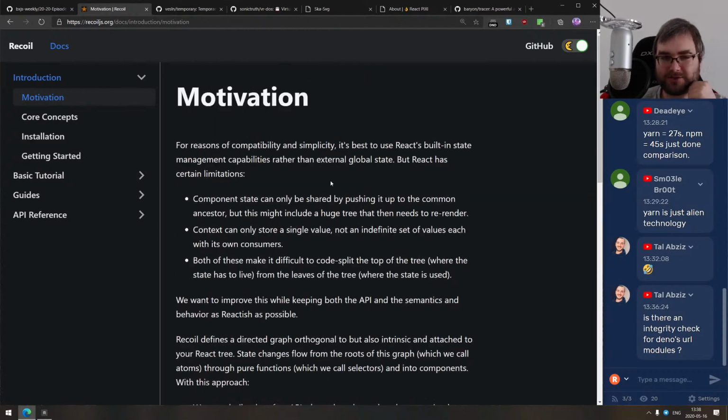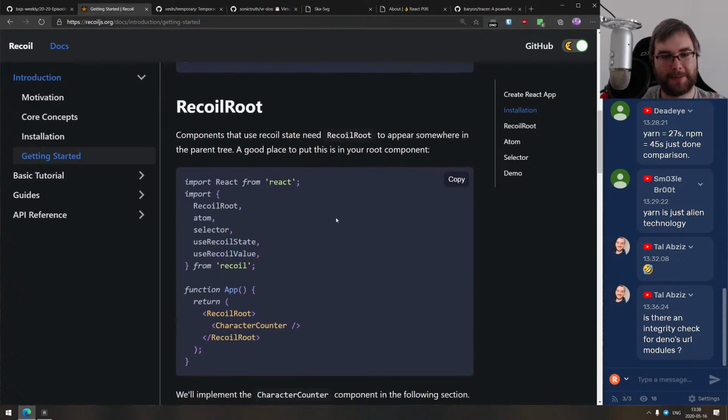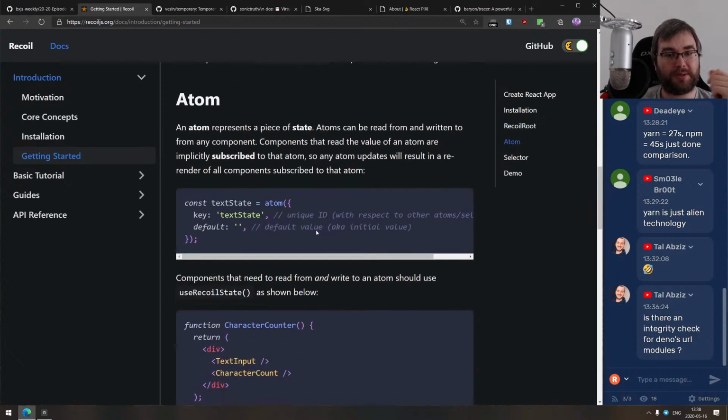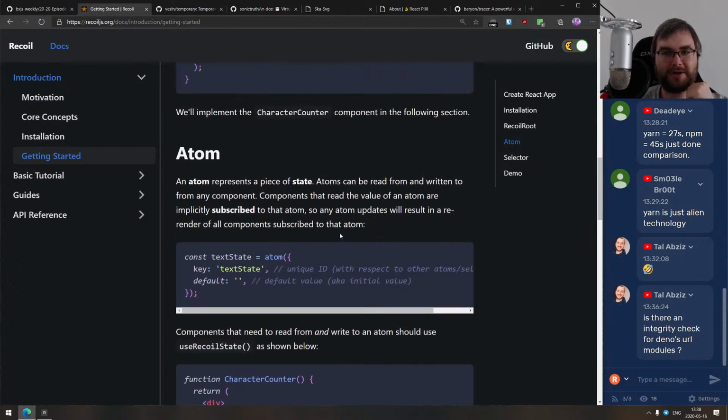It's really interesting. You would think that something as simple as state management is already a solved problem, right? But when you start thinking about things like SSR, bundle splitting, concurrent mode, suspense, and all the other billion features that React might have at some point, it suddenly becomes extremely complex. And at first, when I saw this library, I was like, oh god, another state management library for React. Then I noticed it was Facebook and started reading more into it. Again, it's probably my fault. I should have been reading more into it from the very beginning, but hey,